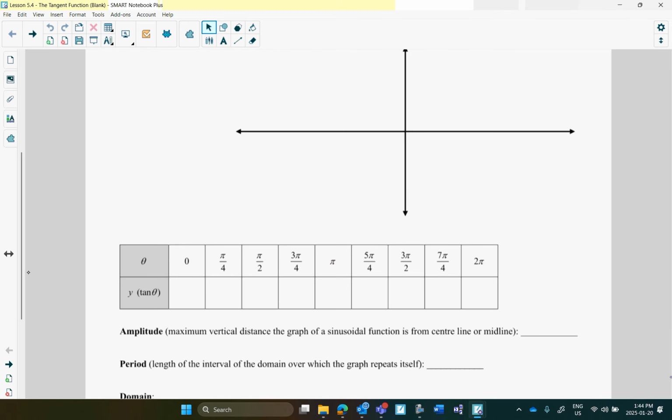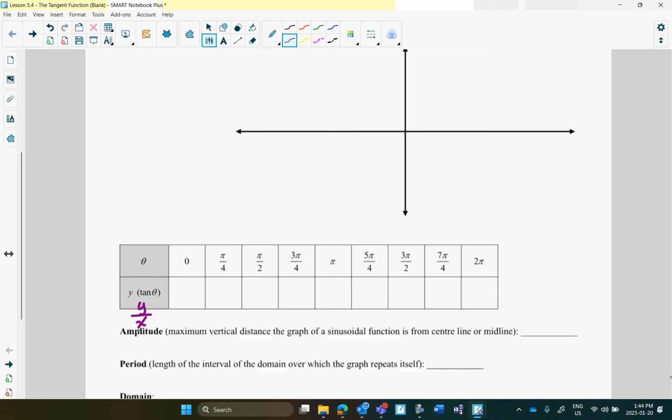Remember, again, we'll do a table of values. And this is good practice learning or remembering your unit circle. Remember, tan is the y coordinate on the unit circle divided by the x coordinate. So remember, just to start off,